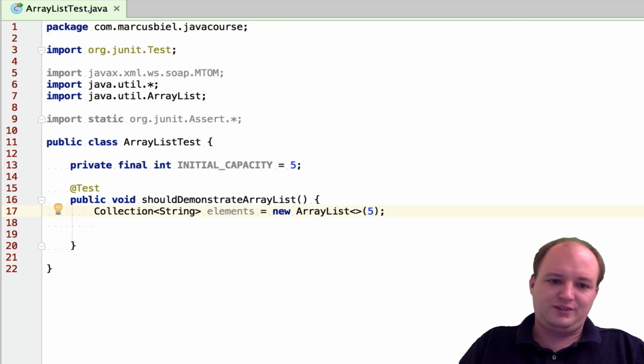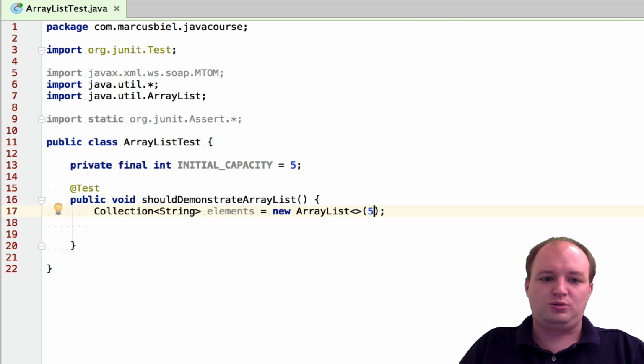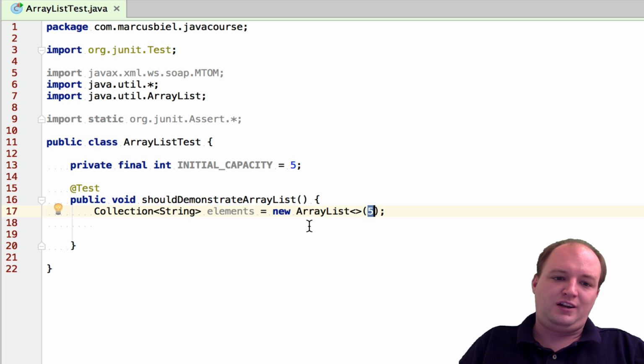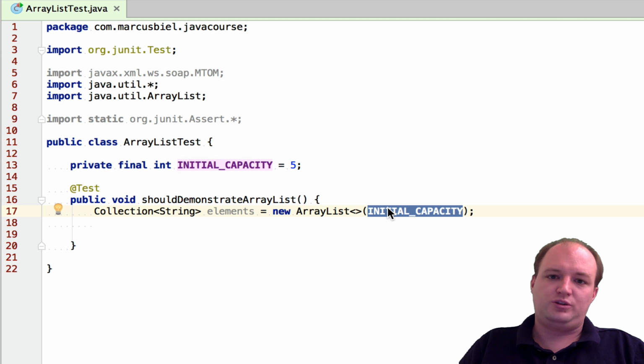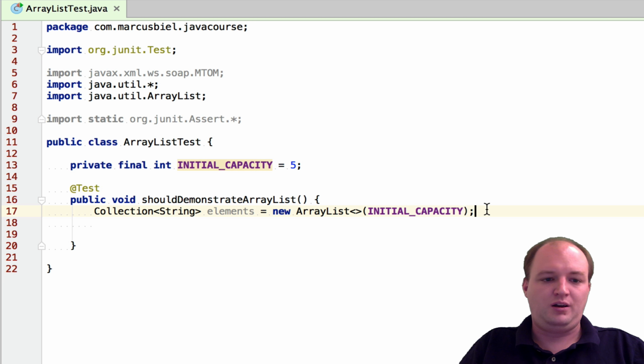Well, at first it might seem so, but this is a so-called magic number, and this is evil, because it makes it so much harder for the next developer to know what this 5 actually means. Like, not everyone knows that an array list has an initial capacity, but if you use the constant value here, you document in the code your intentions. So this is actually quite good, and I recommend you to do it also.